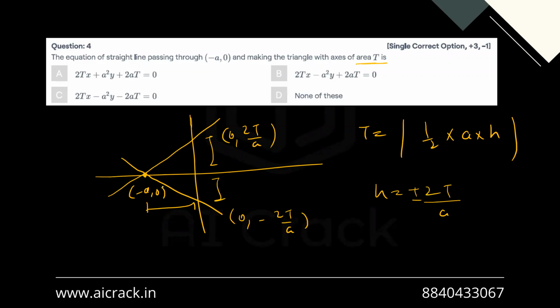Now you have got the coordinates, you have this coordinate, you have this coordinate, so you can find out the equation of two lines with the intercept form. So it's x by A plus y by B equals 1. So we have both the intercepts, intercept A and intercept B, and you can just find out. Now make sure that when you are writing the intercept, you are taking minus a over here. Okay, because while calculating the area we just took the length. But when we are using the intercept form, you have to take the intercept value and not the modulus of that. Okay, so x upon minus a would be there, and plus y upon, in this case, minus 2t by a and 2t by a over here. Okay,